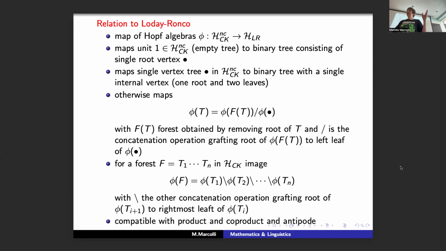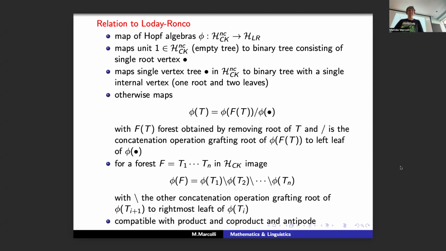And this Loday-Ronco Hopf algebra has as unit the single leaf tree. So you map the unit to the unit, just as a vector space map. And then you map the single vertex tree in the case of the Connes-Kreimer algebra to the binary tree that has a single root and two